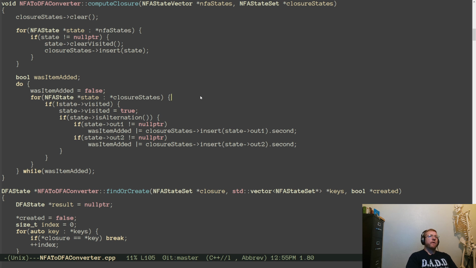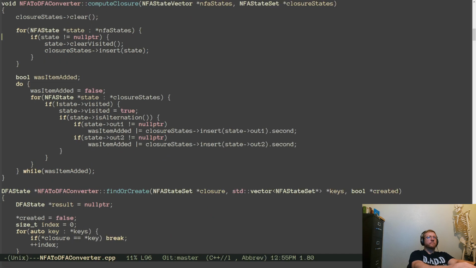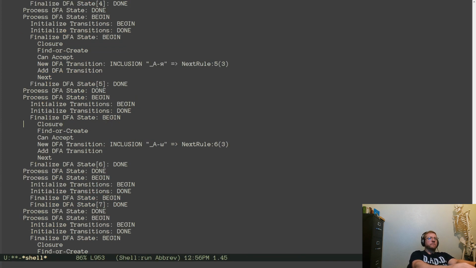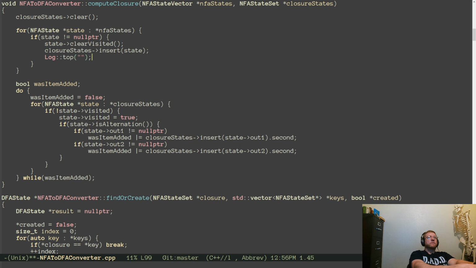So in the output closure, you'd output the NFA state numbers that are in the closure, right? In the NFA state point to state ID.